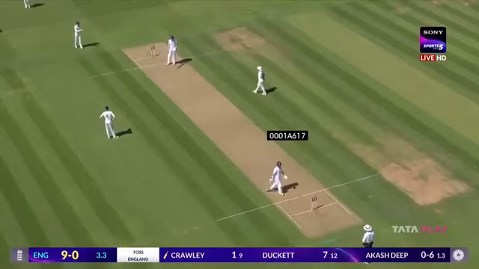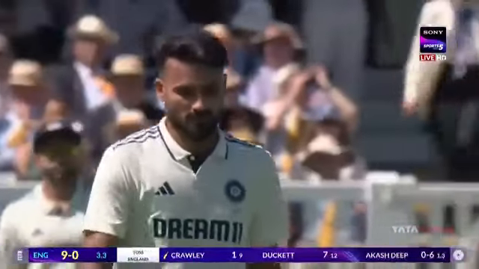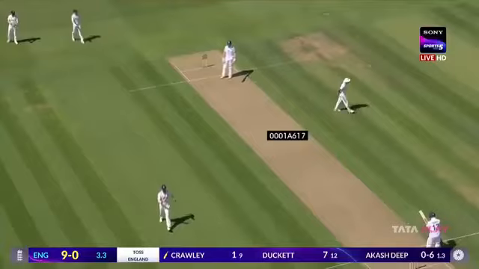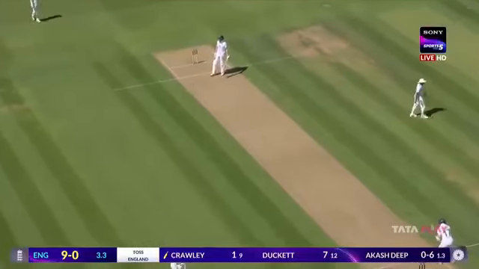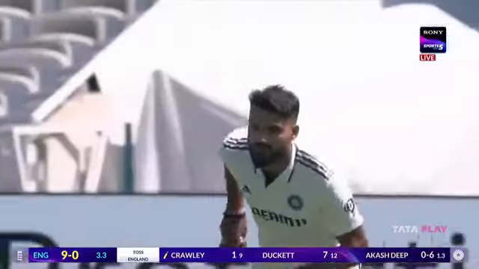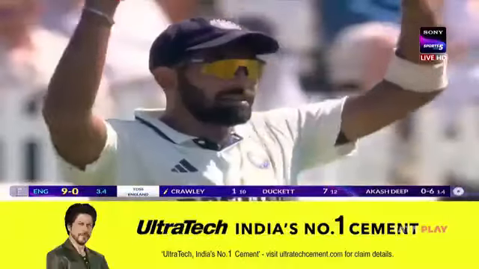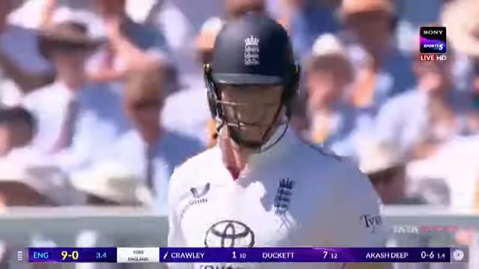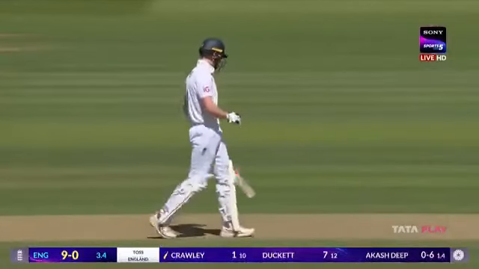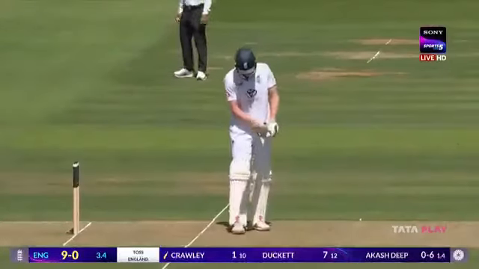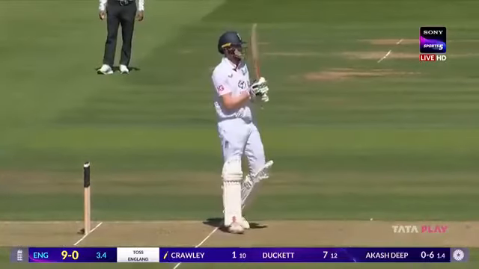It's the pitch map from Edgbaston. That's why. Such a tall man, he can use his height. Then he won't like that.